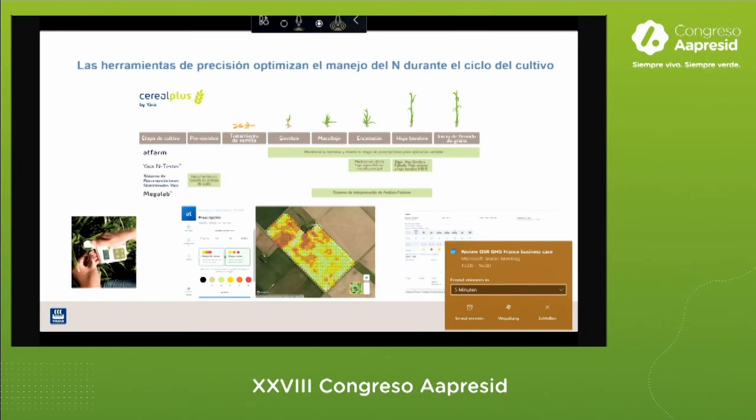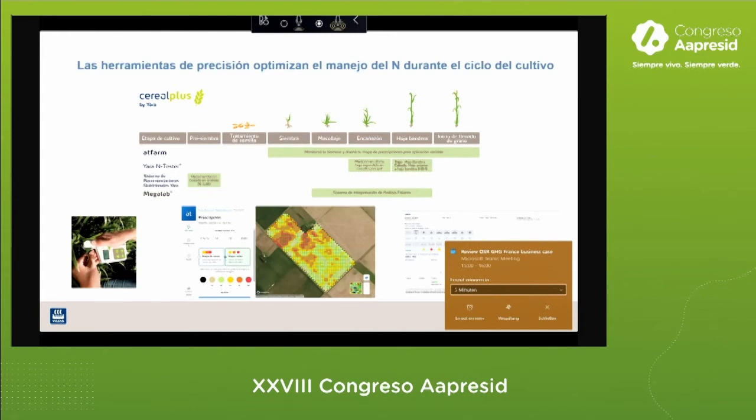Of course, things like satellite images that can be converted into biomass maps, and that can be used to derive site-specific recommendations for nitrogen rates. This is one option that is available, but also N-Tester, which is a chlorophyll measurement system,